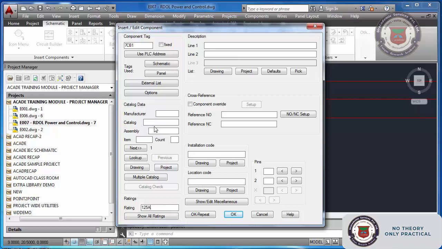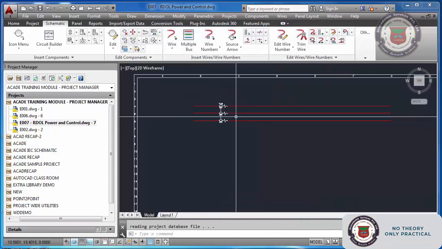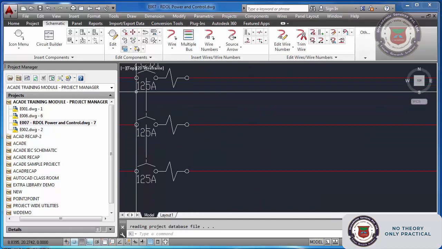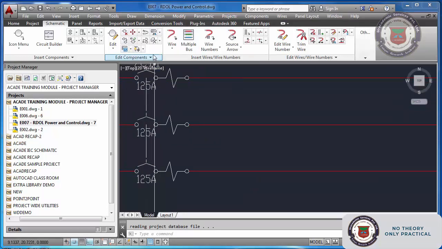Of course you can choose the catalog number, you can put the description, installation code, location code, everything. If you are serious about making a project, you should always provide this information. Now this is just for a demonstration, that's why I am not going in detail. Okay. Now you see it is done. You can see the 125 ampere rating appears in all the 3 ports.